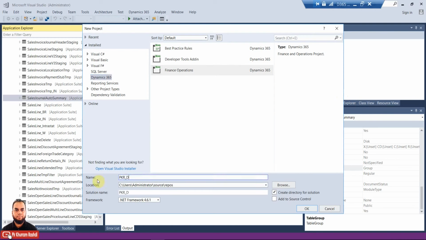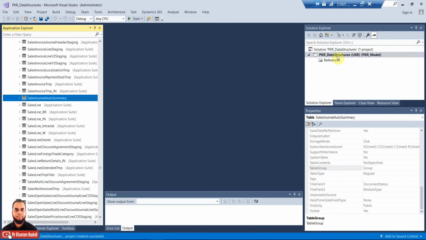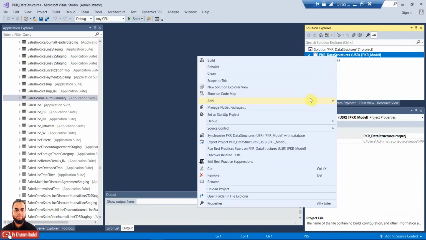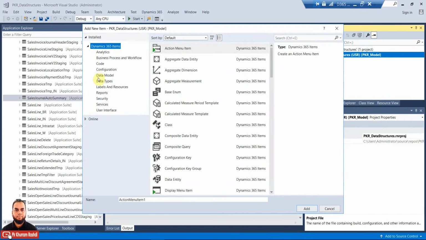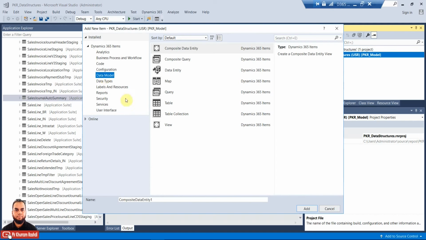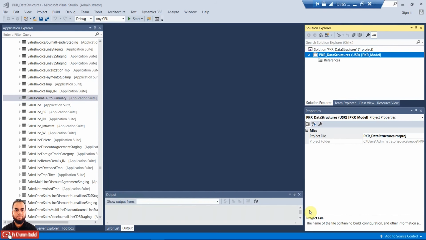Just give it a name like data structure, and now right click on it and just add a new item, and in the new item go to the data model and just create a table, and we'll just delete it. We'll just try to understand the table group property.